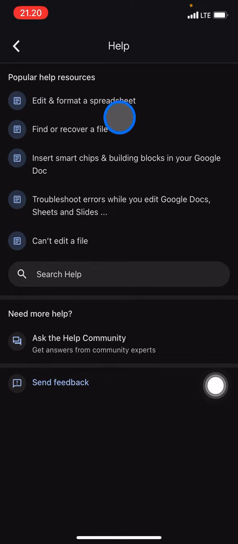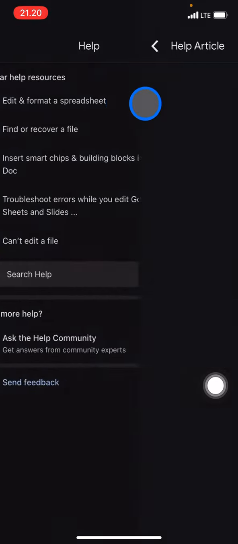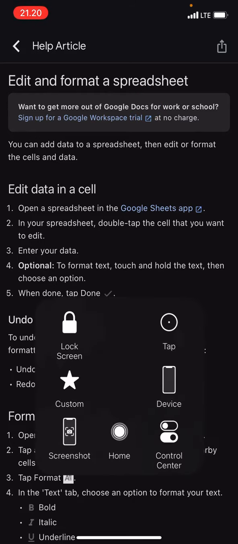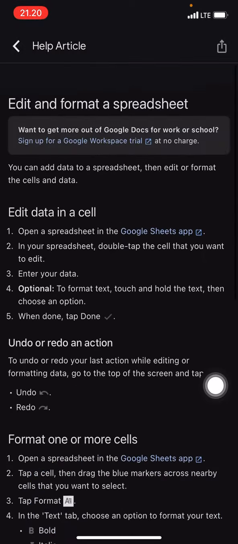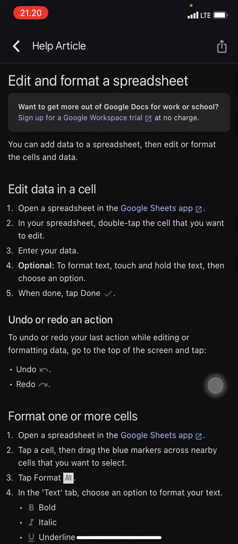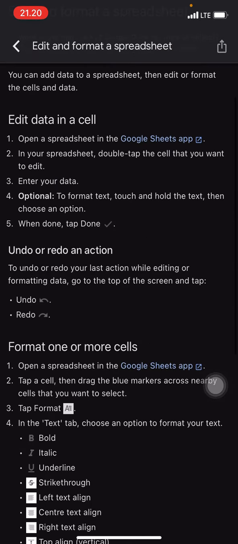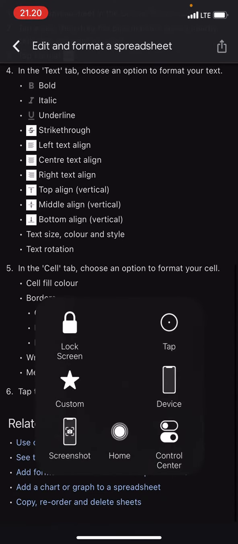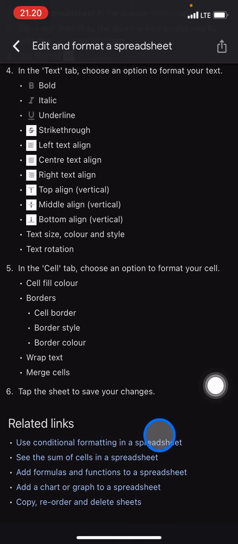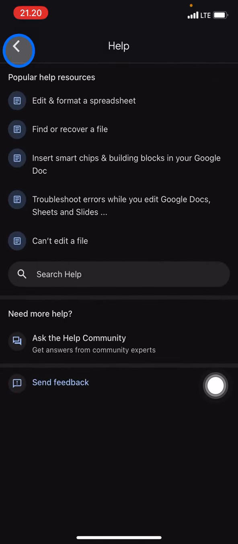For example, edit and format a spreadsheet. You just need to click it, and there will be a lot of really useful information for you. You can read it, and it can guide you to start with Google Sheets. For example, the edit data, you just need to finish, and if you want to find another, you can just type or click into these related links here, and they will bring you to other information related to this